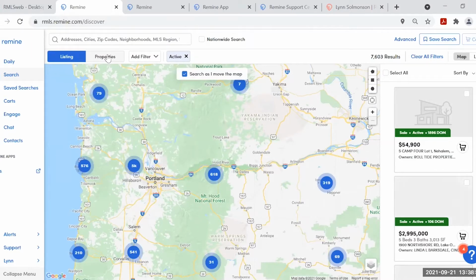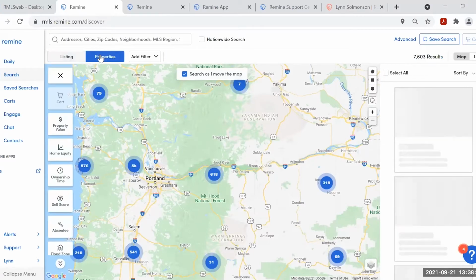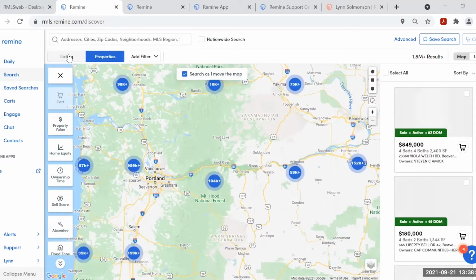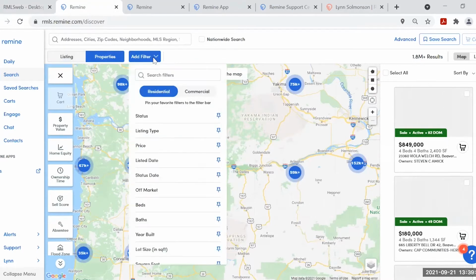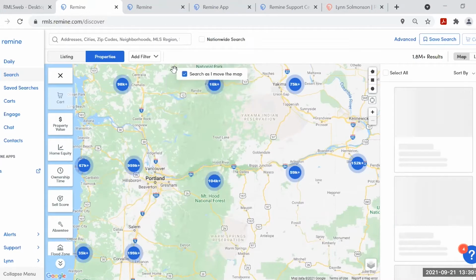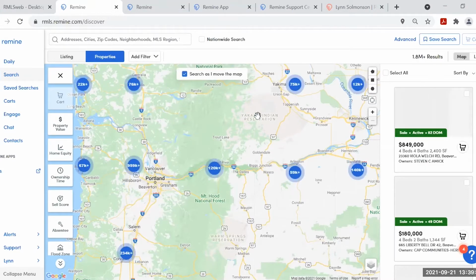And then you're going to notice at the top left above the map, listings. So if I'm looking for active or various statuses of listings that are in RMLS Web. If I switch that to properties, it's going to be all public records, and we will visit that in a little bit. And filter, you're going to see your option to pin these different filters up to my little search bar up here if I want to, or I can just click on price, for example, minimum and maximum, and add criteria if I want to do that at any given moment.